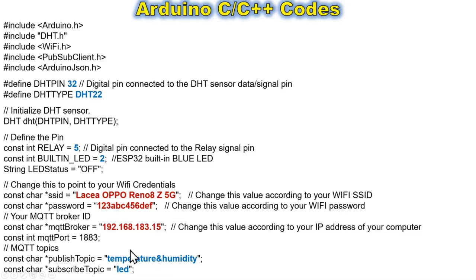Next, I set the publish topic entitled temperature & humidity, written in all small letters. I set the subscribe topic entitled LED, which is also written in small letters.